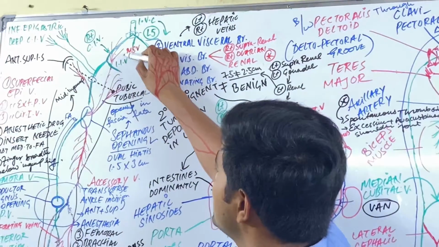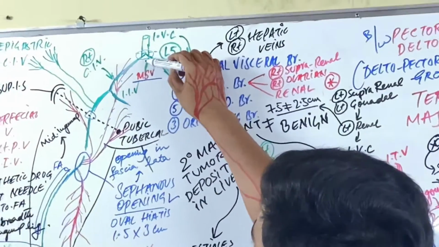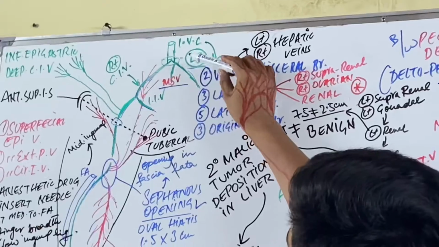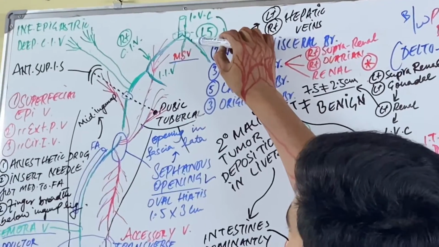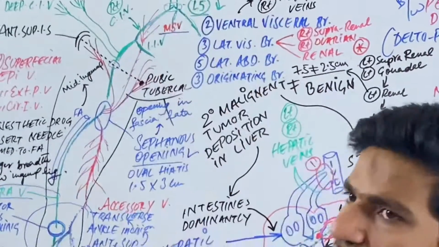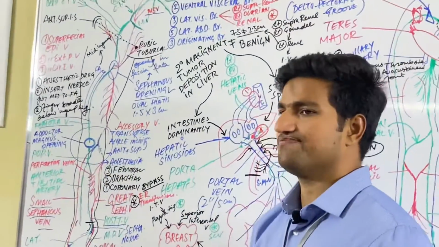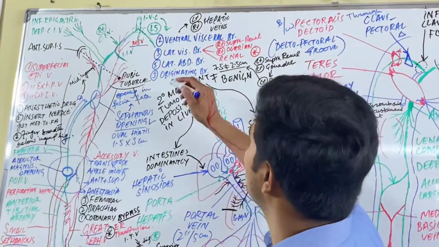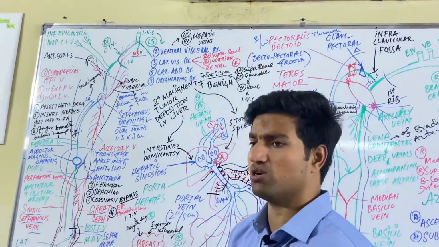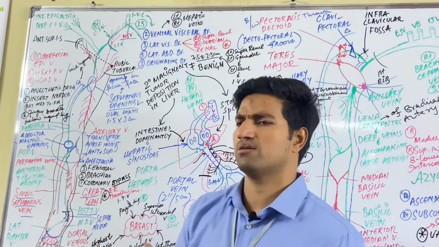We have the medial sacral vein that will join maybe to the left or right, but mostly it joins to the left common iliac vein. These are the three branches of the inferior vena cava. Okay, just like we talked about the abdominal aorta's lateral branches, visceral branches, and abdominal branches,